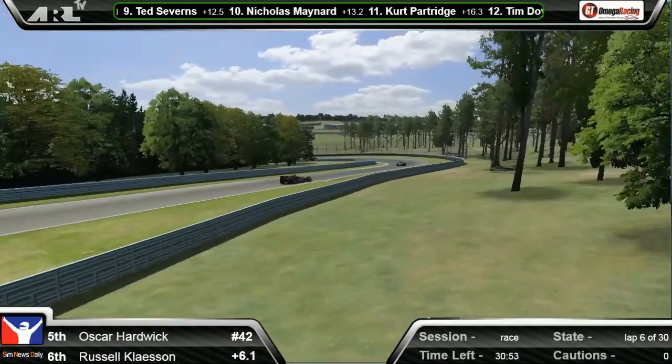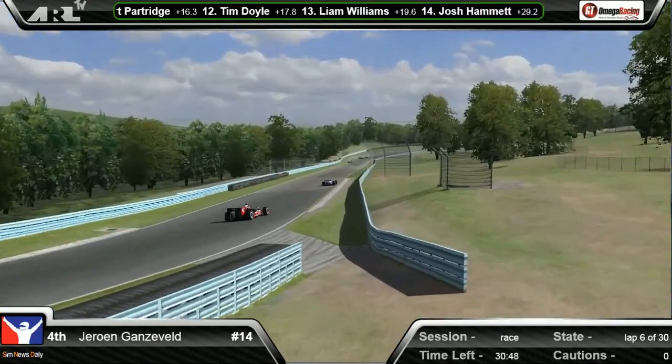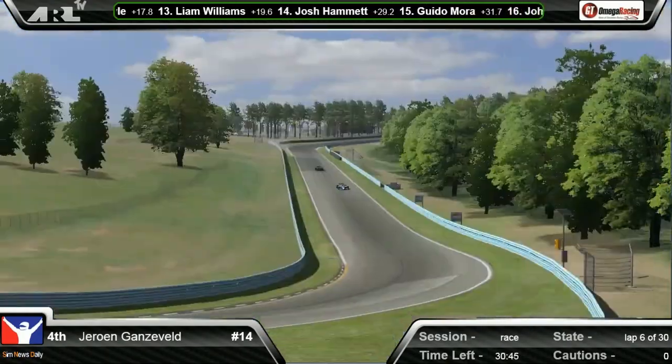Yeah, it must have been... Did that just happen, or was that off camera? Sorry, I was just looking at the driver's lineup sheet. Must have been off camera. But yeah, just quickly to...